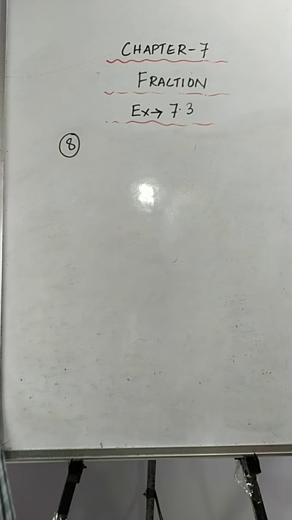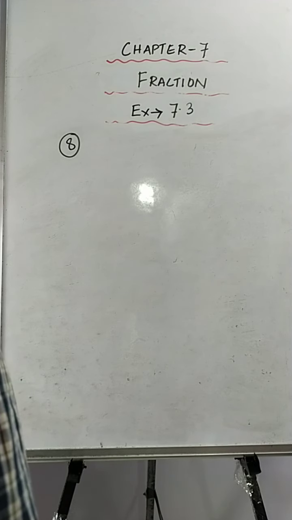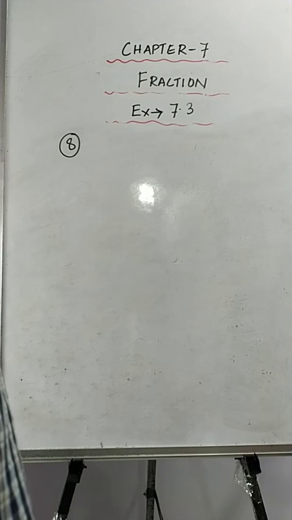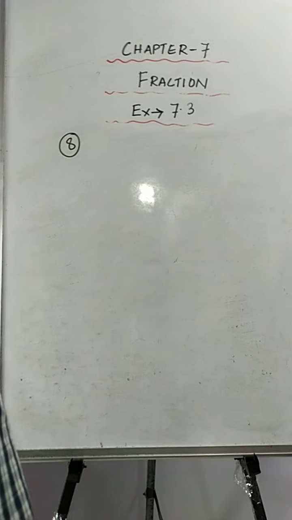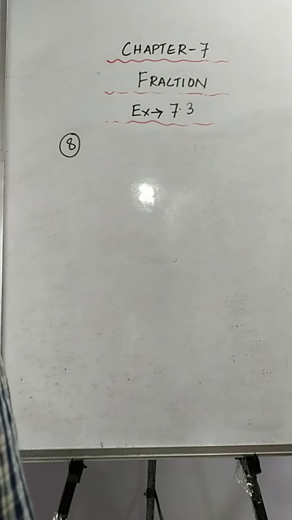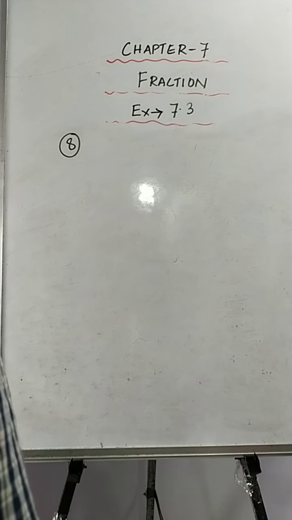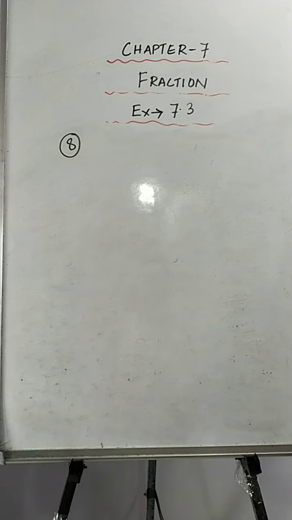Now after 4 months, it is observed that Ramesh used up 10 pencils. Out of 20 pencils, he has used 10 pencils. Shilu has used 25 pencils out of 50 pencils and Jamal has used up 40 pencils out of 80 pencils. Now what is the question they have asked? What fraction did each use up? This is the first thing that you have to find out. And they have also asked to check if each has used up an equal fraction of her or his pencils or not. So let us do it.